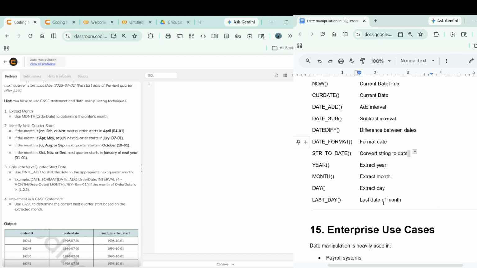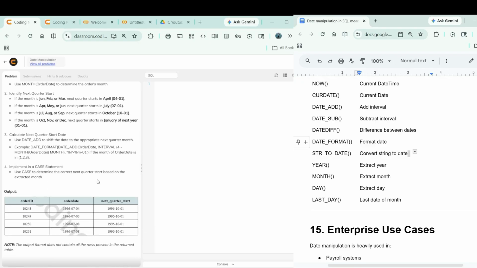So now we start. What is the requirement for the output? We retrieve the order ID and order date, and calculate the start date of the next quarter. The format is YYYYMM01. So the SQL query is